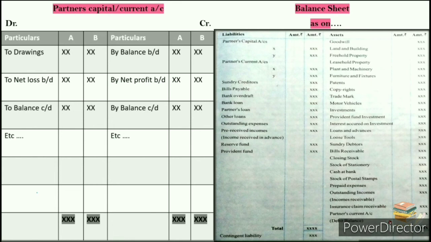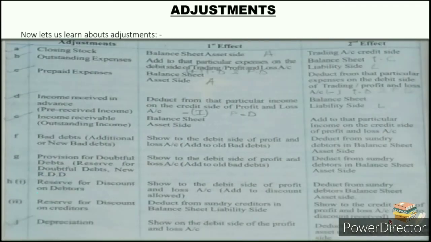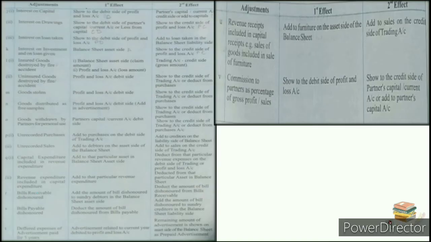Further, we are moving to adjustments. Now let us learn about the adjustments. Before learning about the adjustments, here are some pictures of adjustments which are mentioned in the form of a table where it is adjustments, first effect and second effect. This picture is from the accountancy textbook of State Board 12th standard. These are some more adjustments. These adjustments we are going to learn further